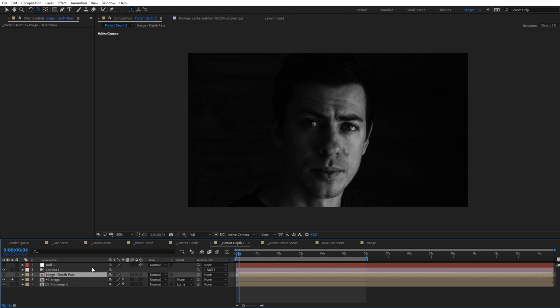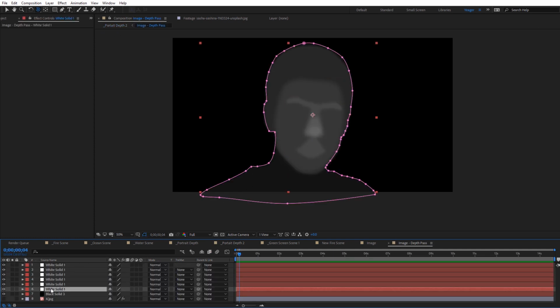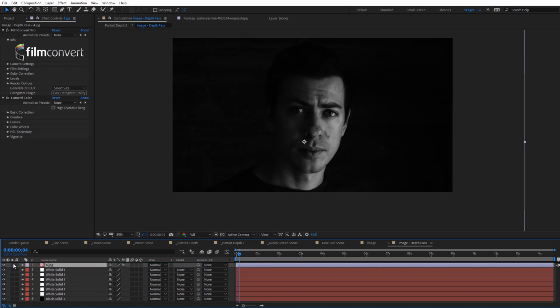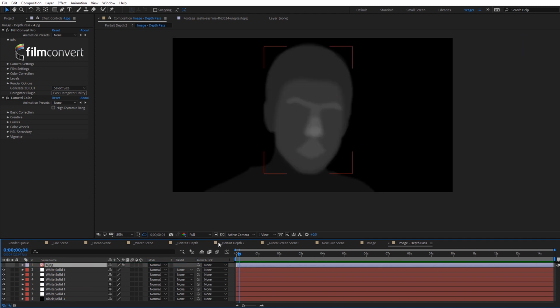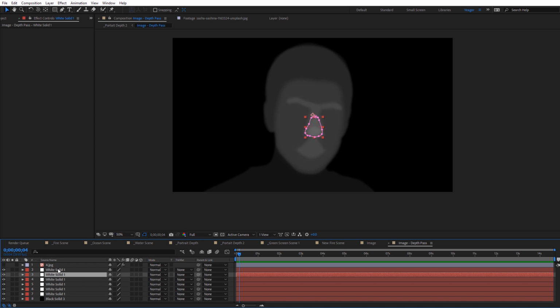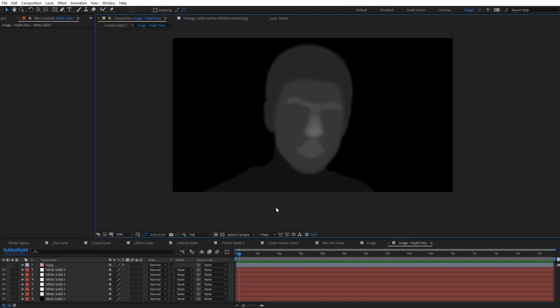And I want to break this down really quickly and explain how I created it. So if we jump into this depth pass composition, you can see we have different layers here. These are just white solids, and I have them set at various opacity levels. I went in here with the original image, I'll turn that on, you can see how that looks, and I just created a mask around this. You can see with each one of these, I'll click through this. And that's what I'm using to create my displacement, or almost like a Z-depth pass for this particular image.